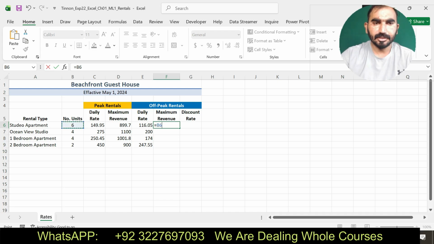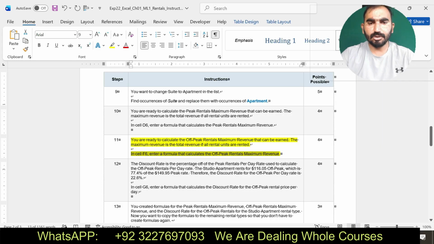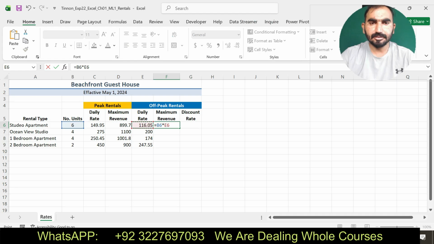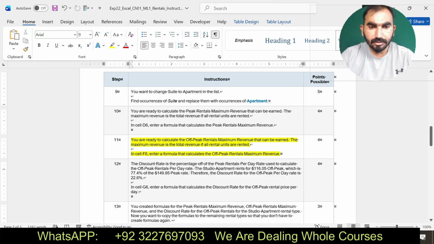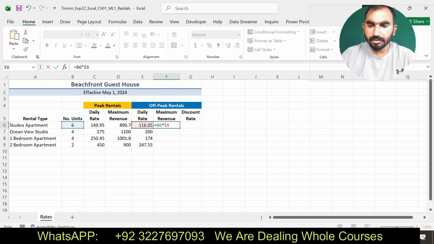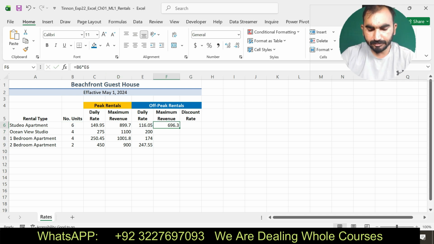Okay. Okay, here you can see I am going to start a formula inside E6, F6. Okay.